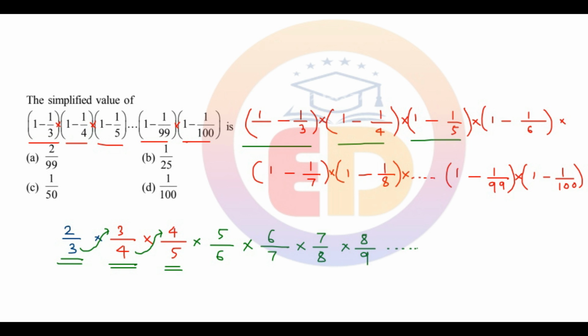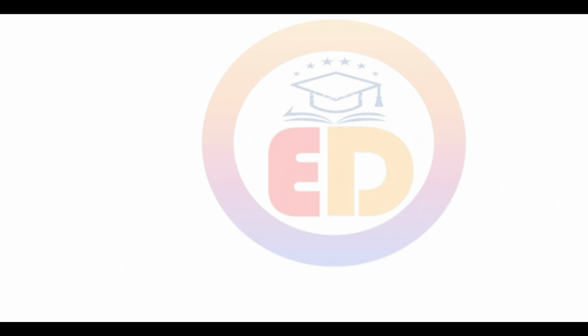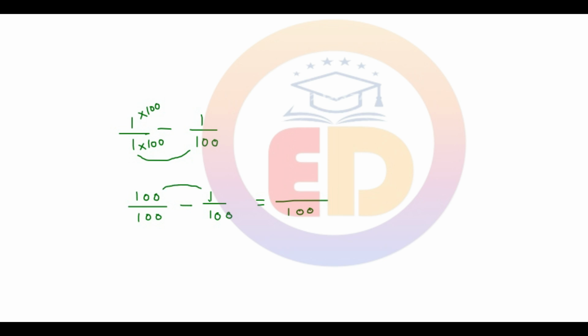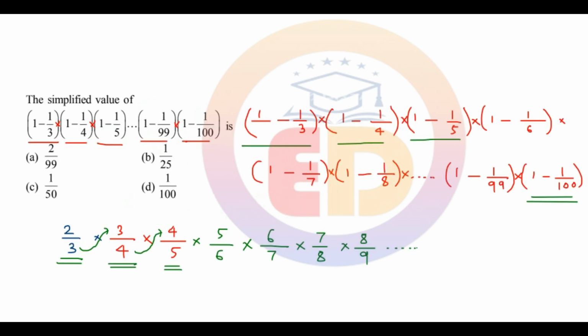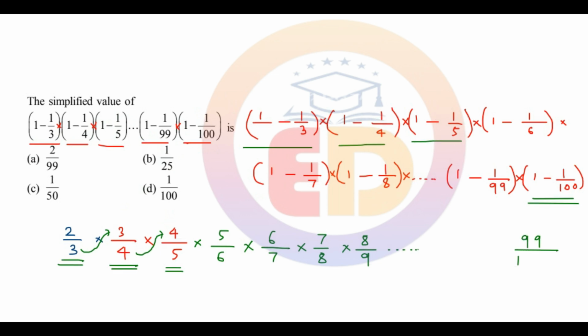और फाइनली अगर मैं लास्ट वाला हम 1 माइनस 1 अपॉन 100 करें तो इस 1 के नीचे 1 लगा दो, इसे 100 बनाएंगे इंटू 100, न्यूमरेटर में भी इंटू 100. तो ये हो जाएगा 100 अपॉन 100 माइनस 1 अपॉन 100. दिस विल बी कॉमन डिनोमिनेटर 100 एंड न्यूमरेटर 100 माइनस 1 इज 99 अपॉन 100. मतलब हमारा आखिरी टर्म होगा 99 अपॉन 100. उसके पहले होगा 1 माइनस 1 अपॉन 99. इट विल बी 98 अपॉन 99. और इस तरह से हमारे टर्म आते जाएंगे।